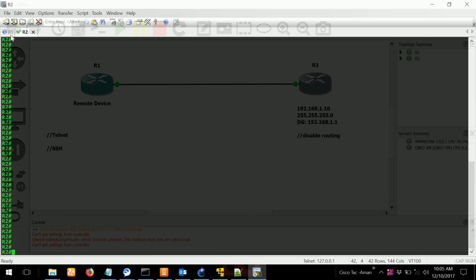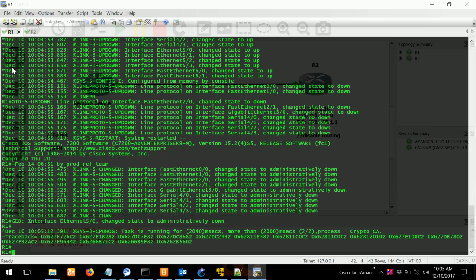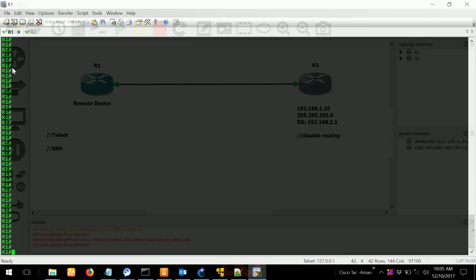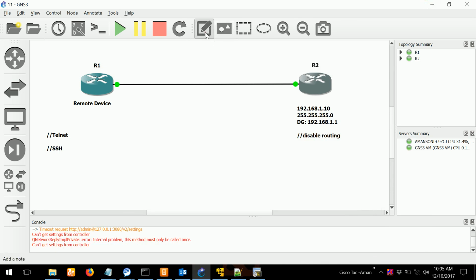Meaning we don't have to be physically close to R1. This is what we call remotely accessing another device. So for this purpose, let's use some basic IP addresses like 12.111/24, and let's use 12.112 here.